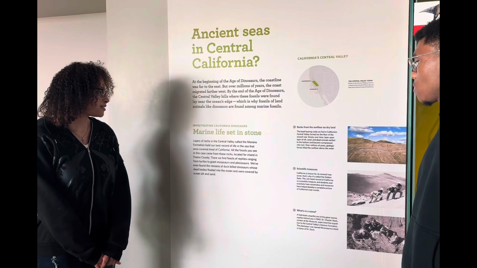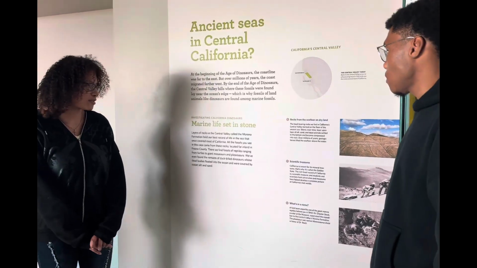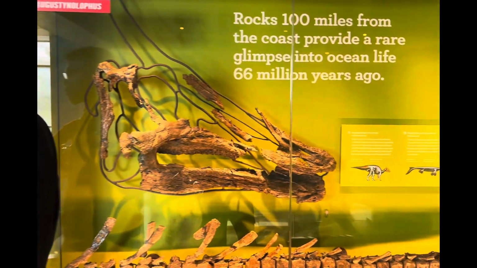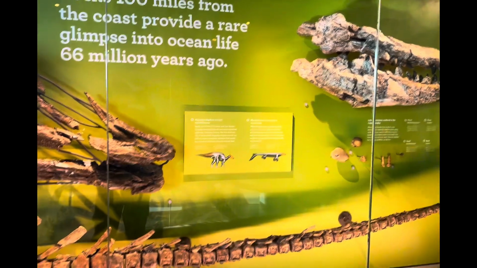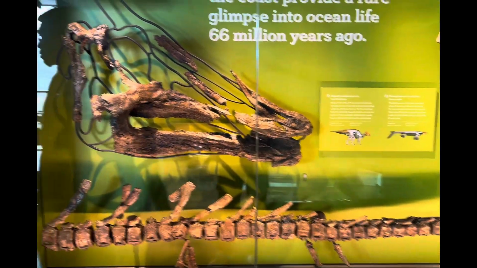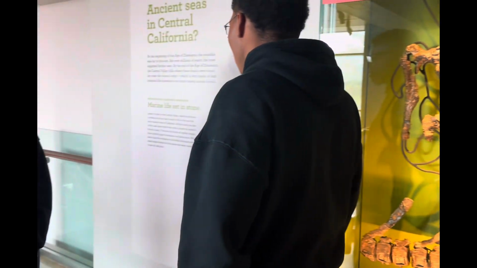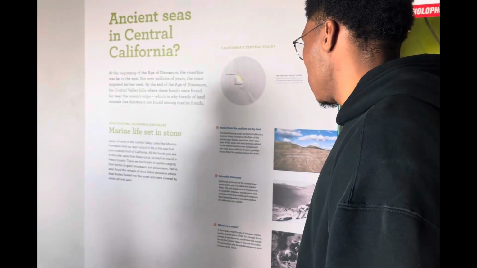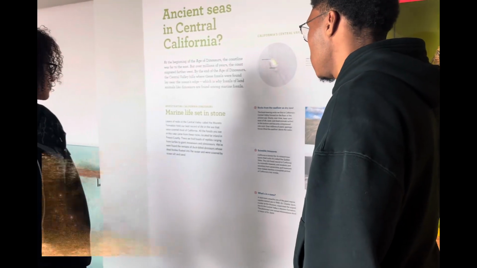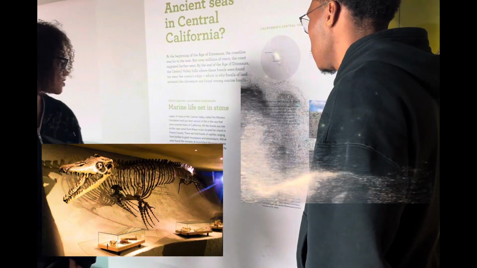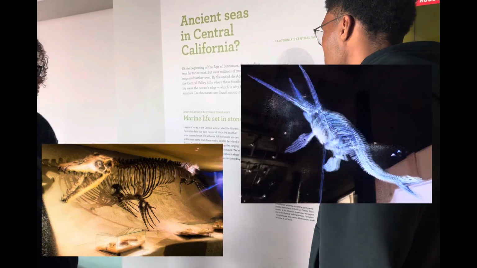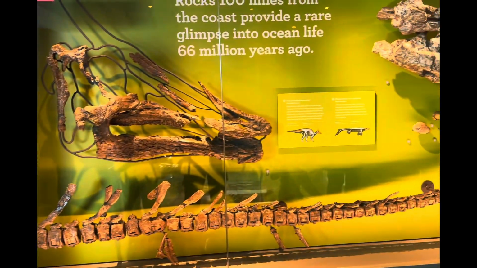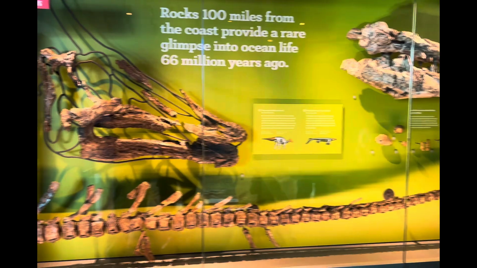Layers of rocks in the Central Valley called the Moreno Formation hold our best records of life in the sea that once covered most of California. All of the fossils you see in this case came from these rocks, located far inland in Fresno County. There, we find fossils of reptiles ranging from turtles to giant Mosasaurus and Plesiosaurus. We've even found the remains of duck-billed dinosaurs whose dead bodies floated in the ocean and were covered with ocean silt and sand.